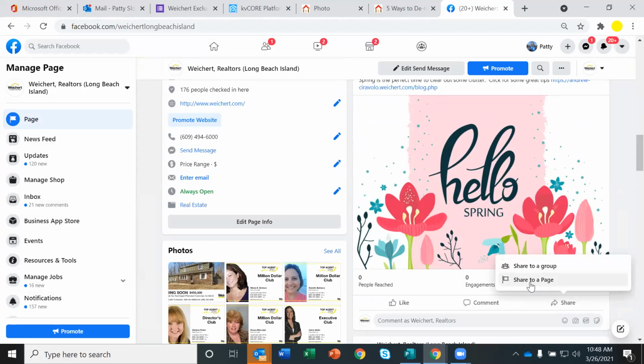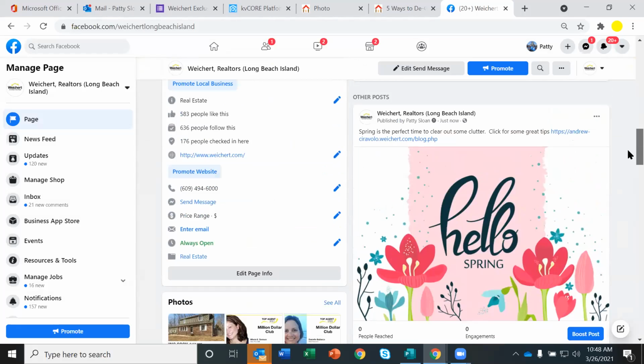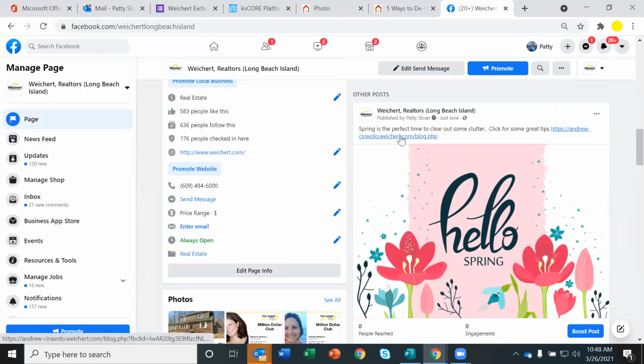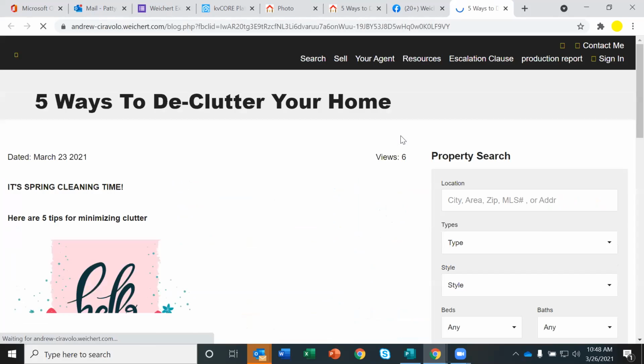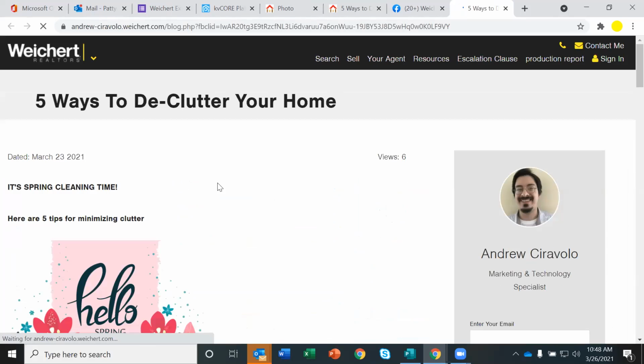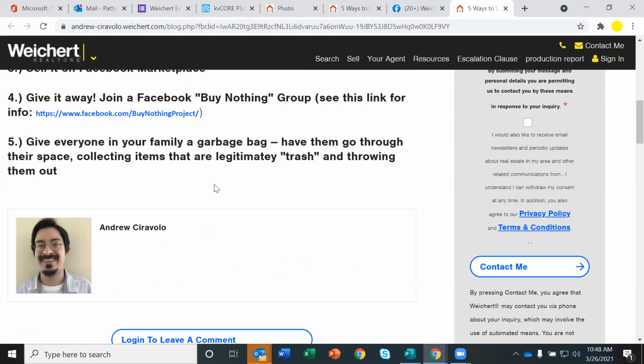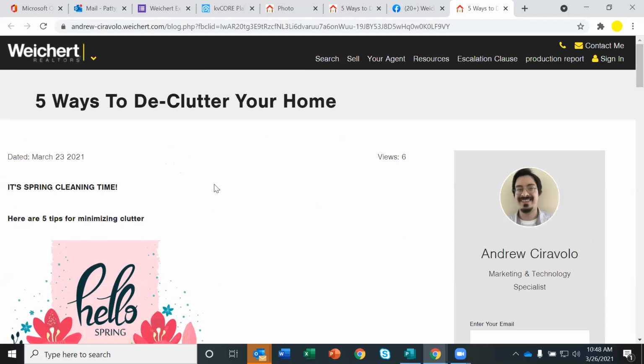You can share it to your personal page. All right, and then people will click on your link and they will be back in your website and looking at the information that you're sharing. Now, most of the websites are set up with a default for the pop-up. So they can look at this, they might look around at something else, and then the pop-up is going to come up